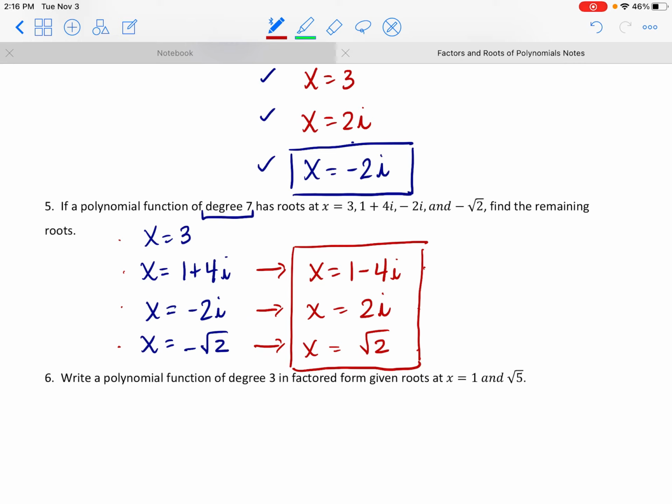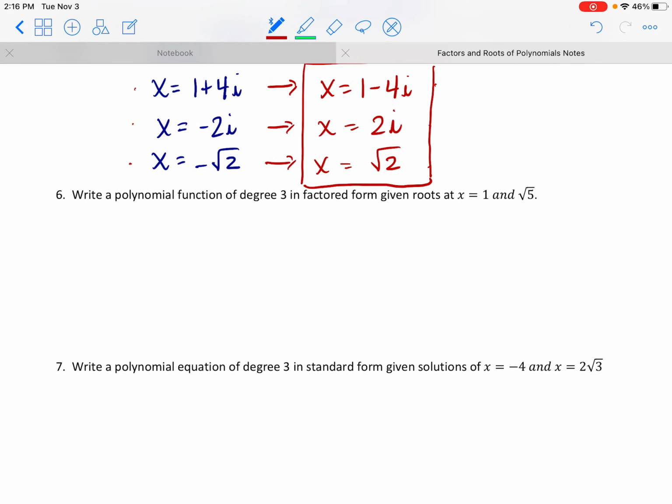Okay? So now, what can we do with this? Well, we can technically write our functions if we know the roots. So for example, in number 6, it says to write a polynomial function of degree 3 in factored form. Degree 3, 3 solutions, and we know that one of them is x equals 1. We know another one is x equals radical 5. And then even though it doesn't tell us, we know those come in pairs, so our third one has to be a negative radical 5. So that means our function,